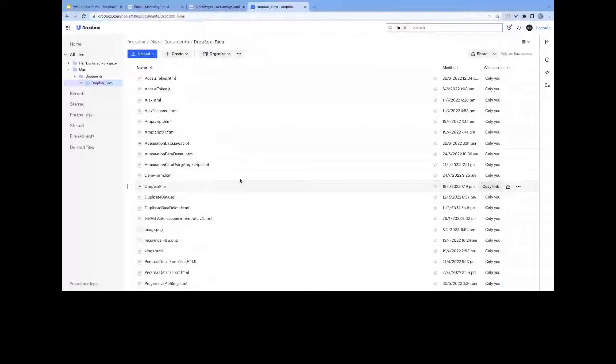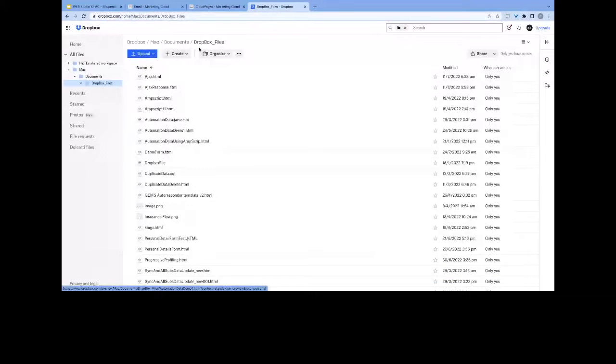So how we're going to use the Dropbox file is that I have created one form, this form. We will get to the functionality also, but let me first show you how we can connect it with our cloud page. Once you have the Dropbox file accessible in your Dropbox instance, you need to go in front of your file name, that's demo form HTML, and copy the link of this file. Okay. So once you have the link,